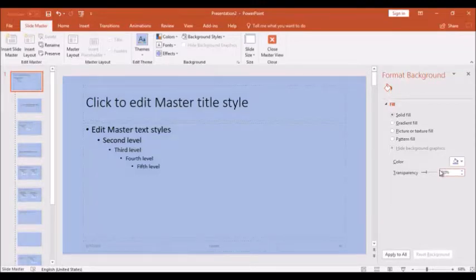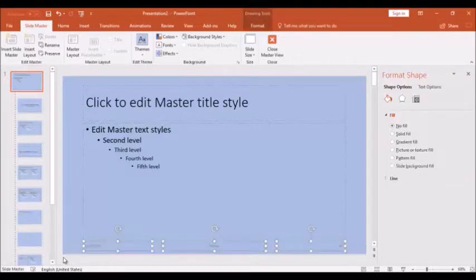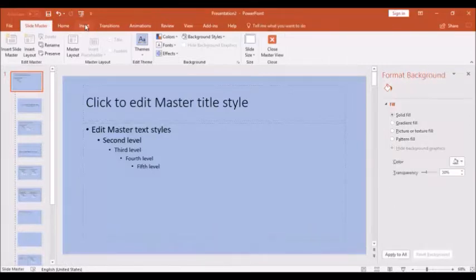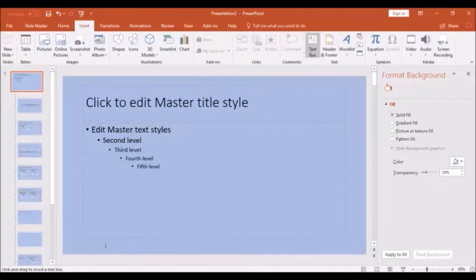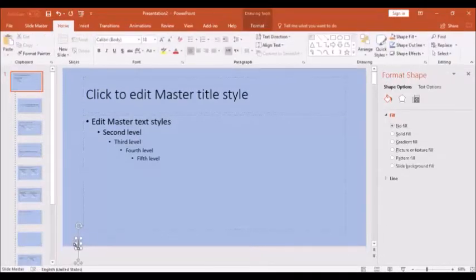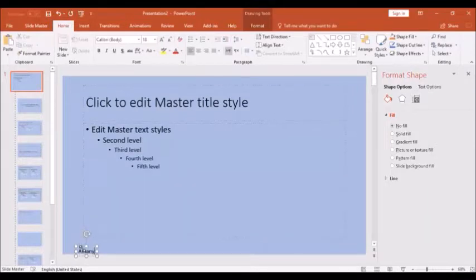Okay, then your name and candidate number must appear on all the slides in a black font placed on the bottom left corner. So you know that the footer, we're not going to use these boxes. So I'm going to insert a text box and add it here. Type my name and my number with a black font at the lower